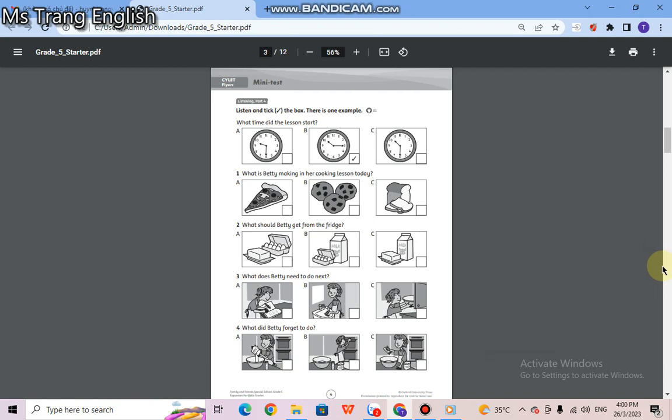Now then, Betty, the other children have got everything they need in front of them. So could you go to the fridge and get some eggs? And do we need milk, Mrs. Hall? No, not for these biscuits, Betty. Oh, but you do need a bit of butter. You'll find that in the fridge too. Oh, OK then.